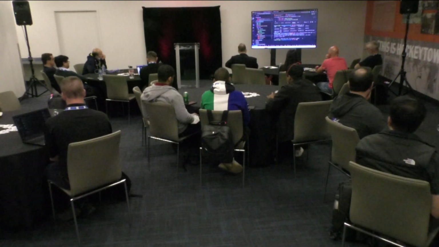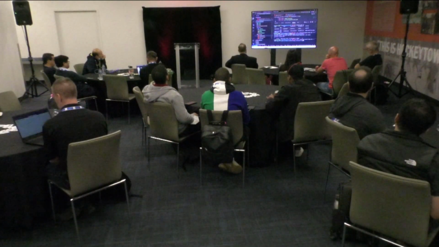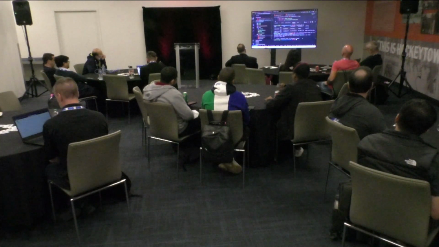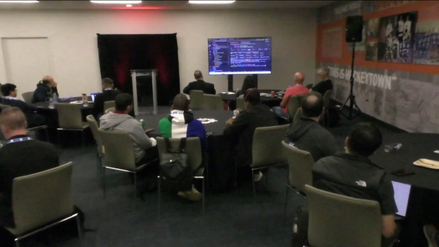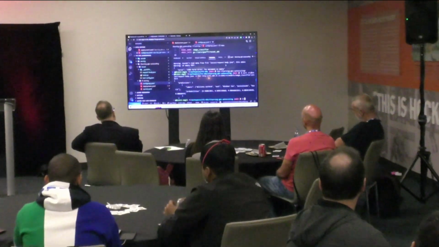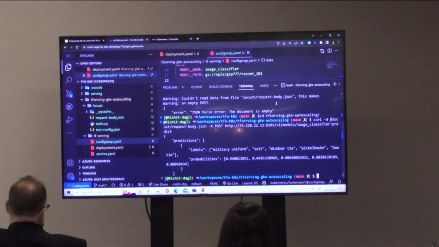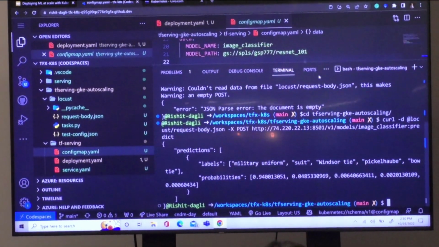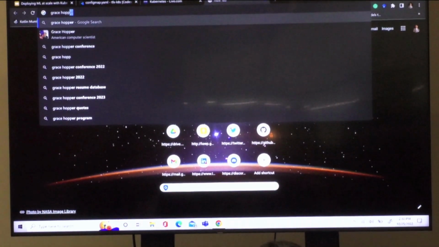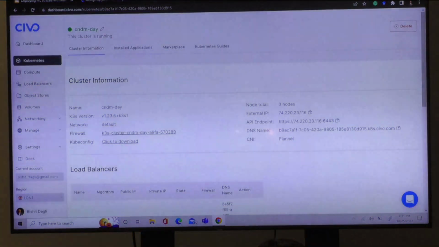We are actually on the 1001 label variant, so it is trained to identify 1001 different kinds of images. So we'll actually give this a try. Oh, yes, I'm not in the right directory. So I'll just go to this demo, and then I'll run this. And there I actually get it. As I was saying earlier, this was an image of Grace Hopper in a military uniform, which is a pretty popular image on the internet. So this was the image I put in, encoded as base 64, and this is what the model told me.